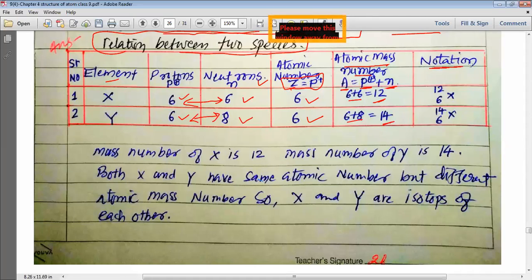Now we write the element in the notation. If the element is X, we write it as Z X A, where A is equal to the atomic mass number and Z is equal to the atomic number. So in the same manner, my dear students, we write it here. For X, we can write 6 X 12, and for Y, my dear students, it should be Y here. For Y, my dear students, we write 6 Y 14. But here I have written X because the atomic number is the same, and if the atomic number is the same, my dear students,